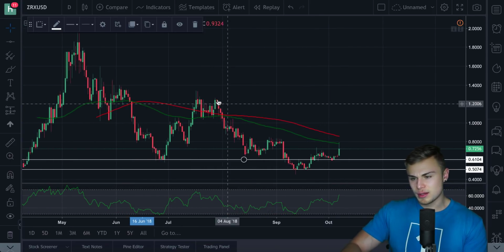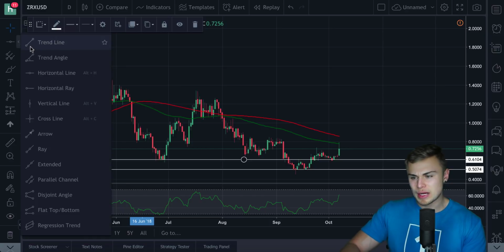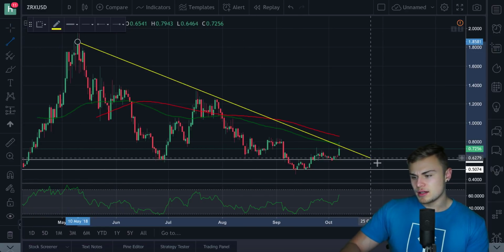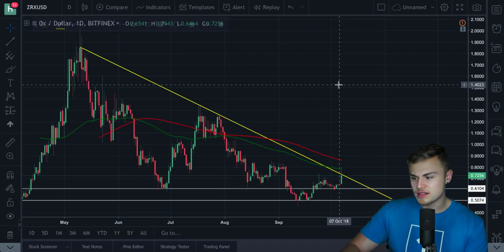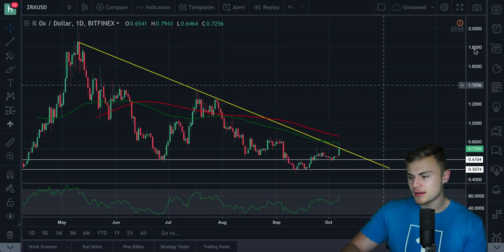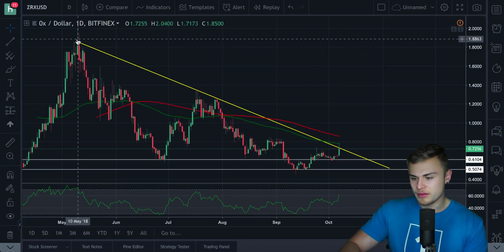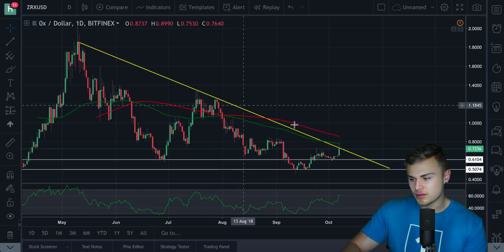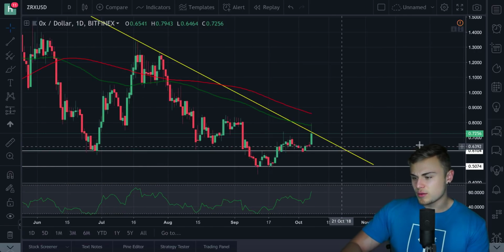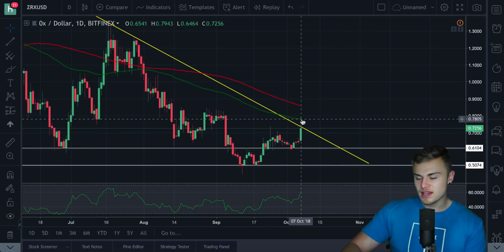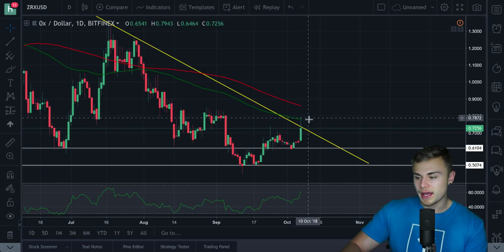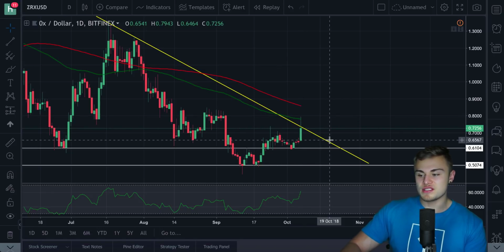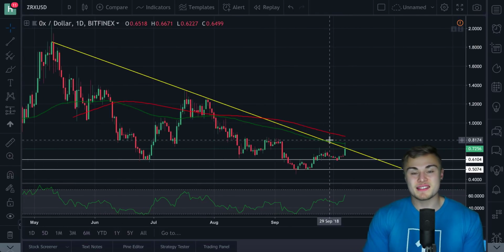We do have some sort of downtrend before I wrap today's episode up. You can see right here the resistance it's facing. There we go. So you can see the downtrend right here. Oops, let me add that back. You can see that we started all the way back on May 10th, and we've just been trading down right here, and you can see that's the resistance. And it's quite interesting. You can see not only did it test its high-low MMA, but it retraced right back down to where its downtrend started from. So it'll be interesting to see whether or not this can break out of here and close the candle outside of its downtrend. But otherwise, that's going to sum up today's episode.